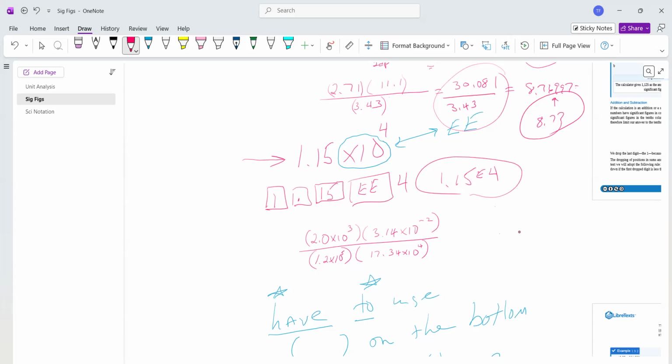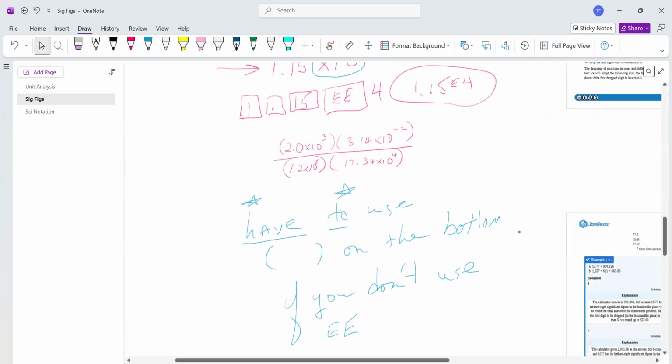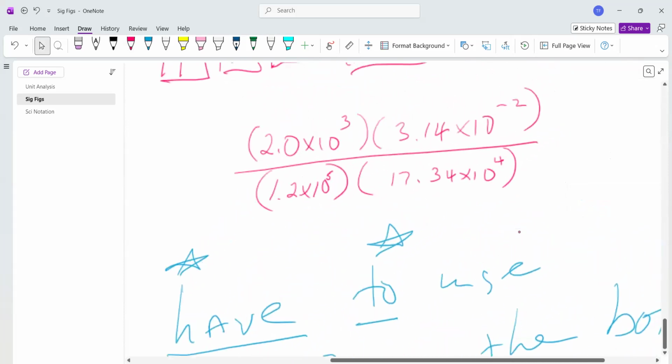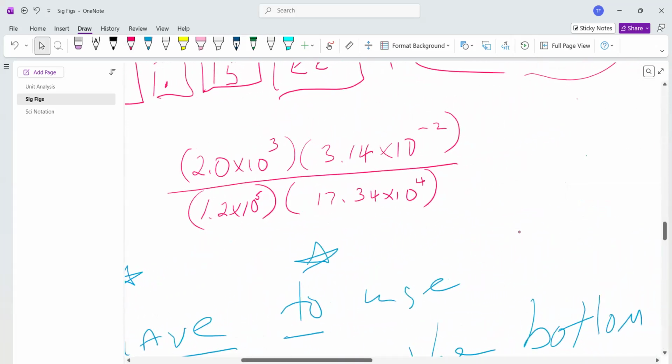So let's do this problem here. So we've got 4 numbers now, all of them in scientific notation. How would we do that on your calculator? So we've got numbers on the top, we're multiplying, numbers on the bottom, we're dividing. Now there's 2 ways to do this. If you don't want to use your EE key, you're going to have to use parentheses. No exceptions on the bottom only. On the top, it's optional, but on the bottom, it's required. So to do this problem, we're going to go